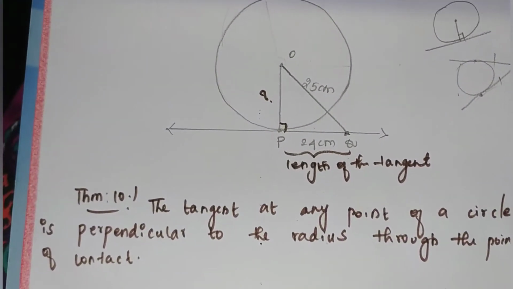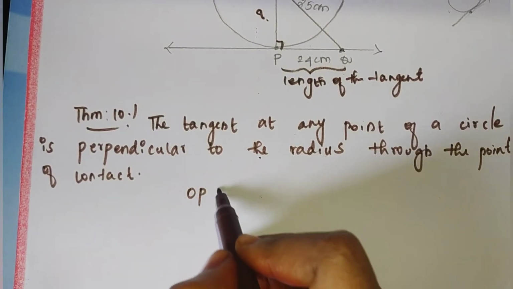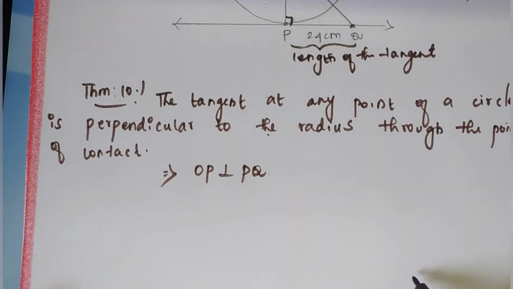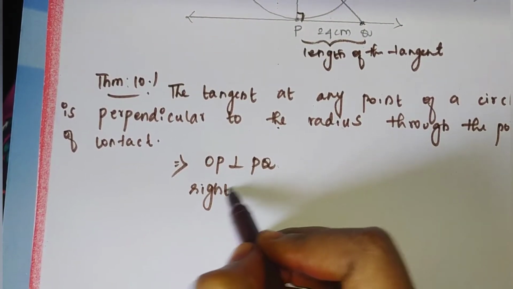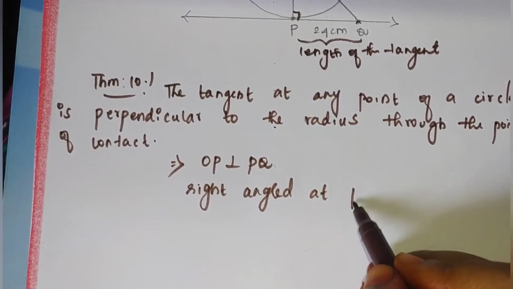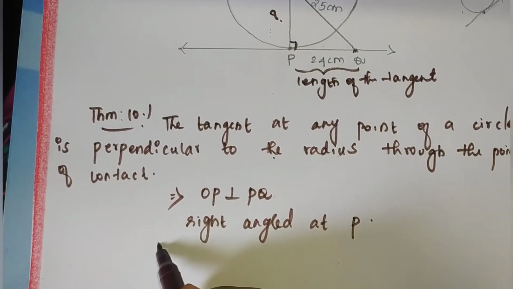Therefore, OP is perpendicular to PQ. It will make 90 degree. Right angled at P. Clear, children? Now by Pythagoras theorem,